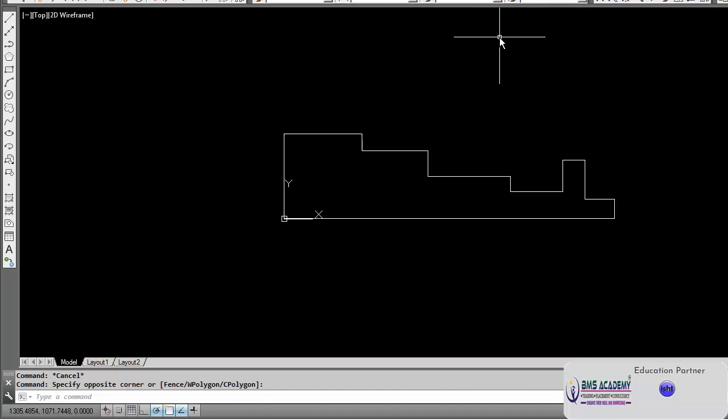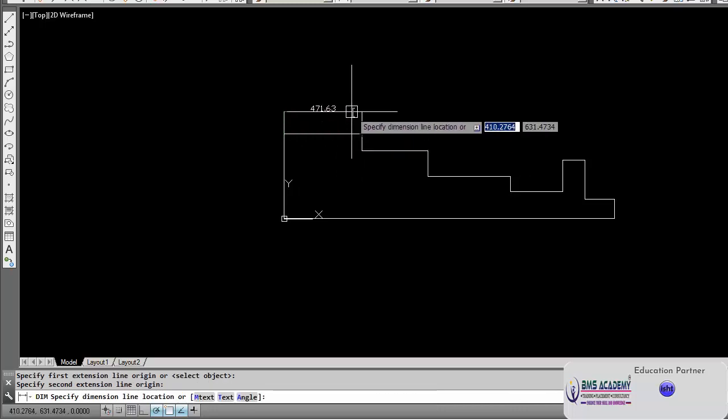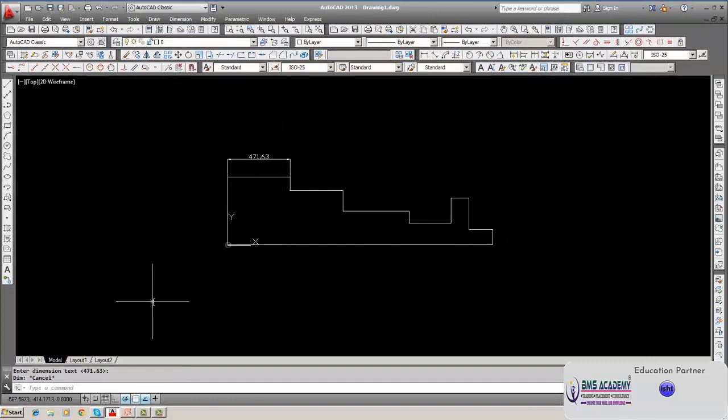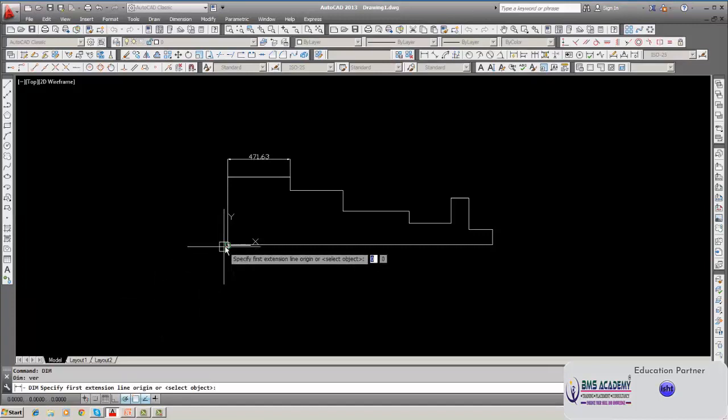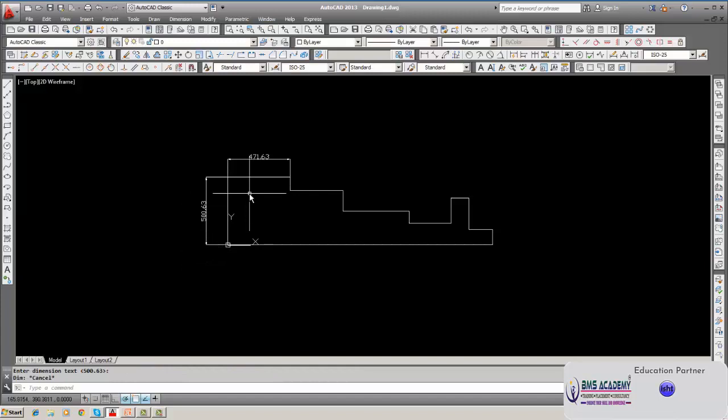Now what we have to do manually, you have to use the keyboard. You type DIM, then you type horizontal dimension, HOR, then you select the first point and then the second point, click, then press return. Like that. For vertical, you type DIM, then VER, then select here, click, then press return once again. This is how. And these dimensions, even auto dimensions or pre-dimensions, can be erased